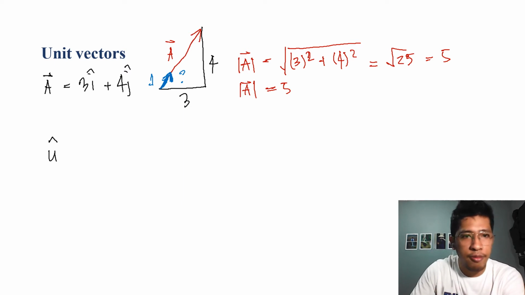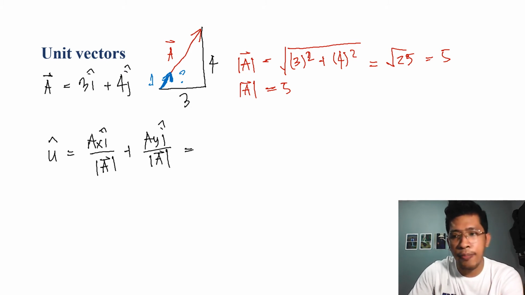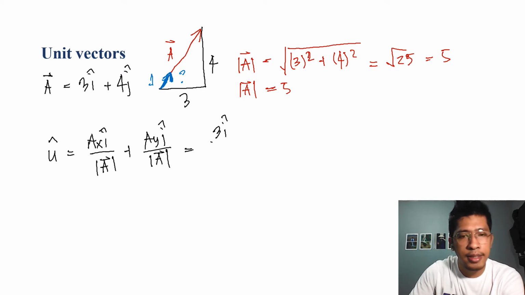Now we can find it by having your magnitude on the x be divided by the magnitude of your vector A, plus your A_y j hat, and then we divide it by the magnitude of A. So if that is the case, we have here your 3 i hat divided by 5